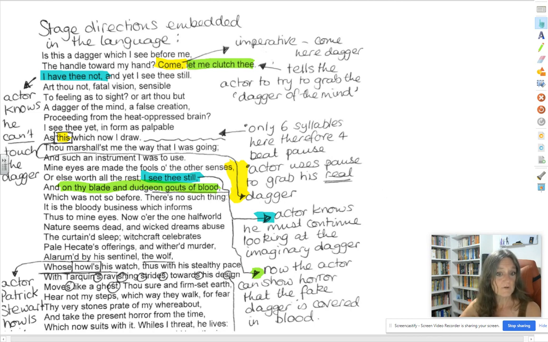Okay. This here is the real dagger. So I'll just put this here. The actor uses the pause to grab his real dagger. Okay, now